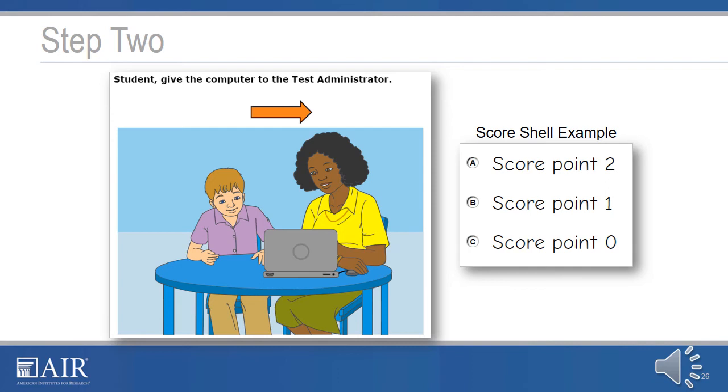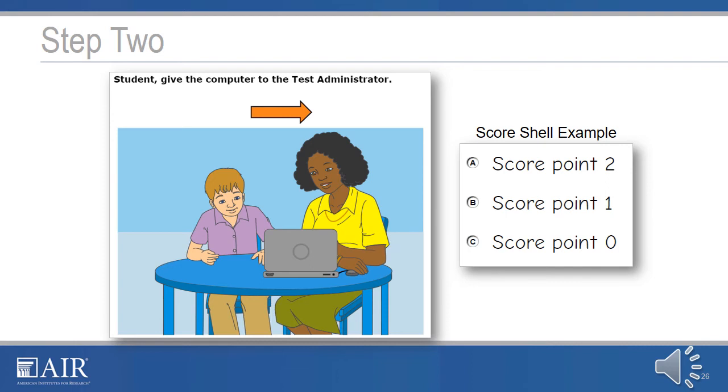The first questions in Step 2 are 4 operational speaking items. This task is administered one-to-one, and the TA can take notes on the notes sheet and score on the fly while the student is recording. After the 4 speaking items are administered, and the student has been given a chance to review his or her recordings, the student will be presented with a screen instructing him or her to give the computer to the test administrator. The TA will then provide the student with a small enrichment task and will have the student turn away